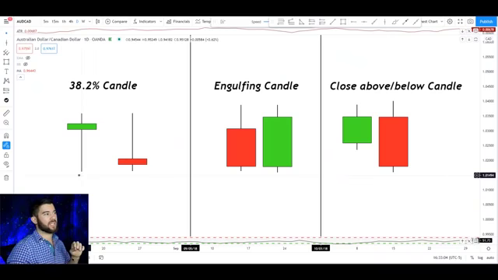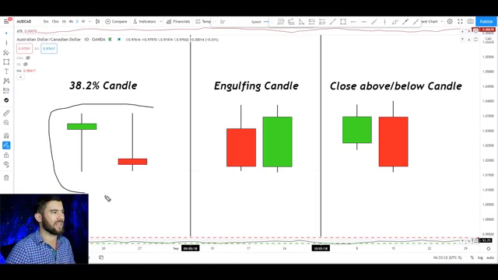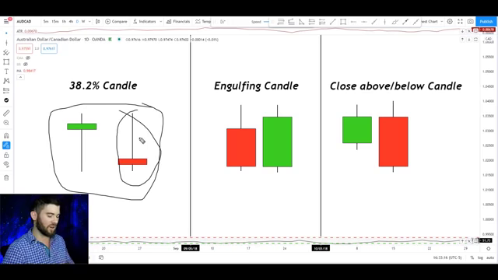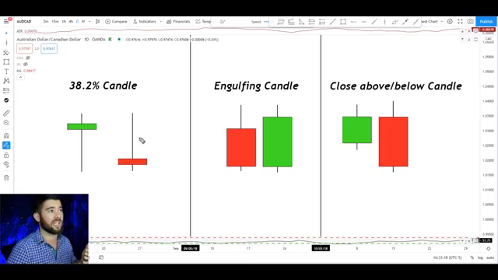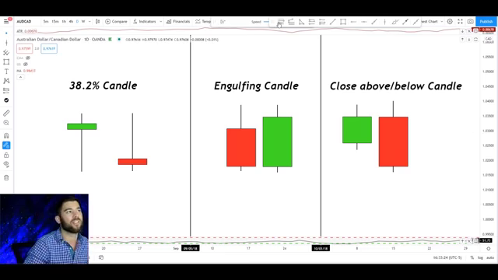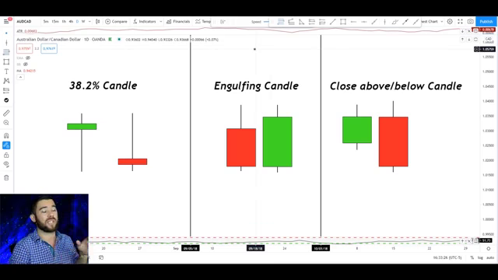The first one is called the 382 candle or 38.2% candle, and you're going to understand why in a second. You may be looking at these going, man, Steven, that looks like a hammer or a tweezer top, and that looks a lot like a shooting star. Why are you calling it a 38.2% candle? Because the name of the candlestick pattern does not matter. Let me explain. The reason I call this a 38.2% candle is because of the rule that I have for this pattern,